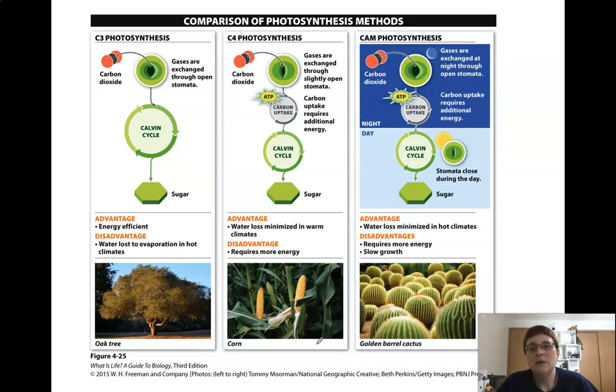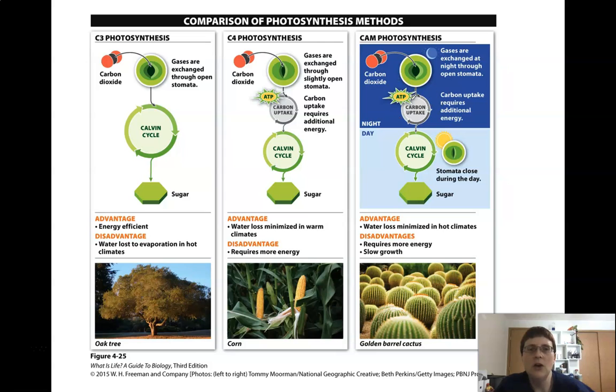The last type of photosynthesis is what we call CAM photosynthesis. And these are the plants that live in very hot, dry areas generally. What they do is they split up their carbon dioxide gathering and the Calvin cycle. So at night, they are going to open their stomata. They'll open them wide. They're going to do the same carbon sticky tape trick. So they're going to spend energy, ATP, and they'll do that all night long. So they will keep those stomata open at night and use that sticky tape trick to capture